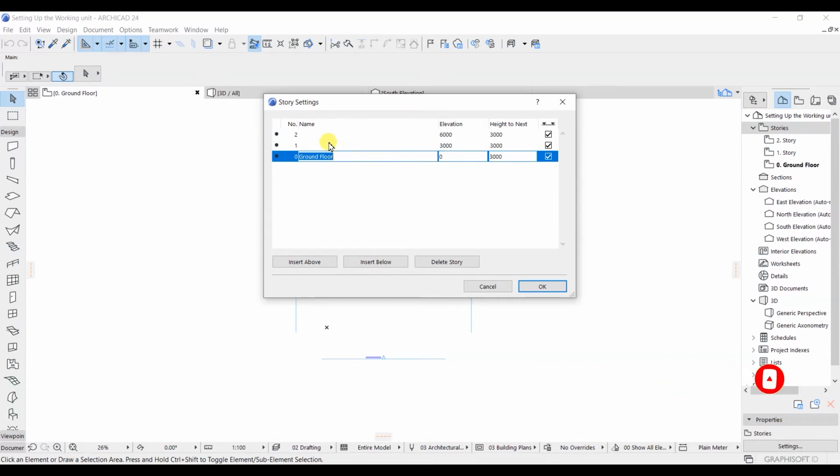Now let's see how we can make the modifications here. If you look here, we have a 0 at ground floor. This is fine. I will go ahead and name this one as first floor.